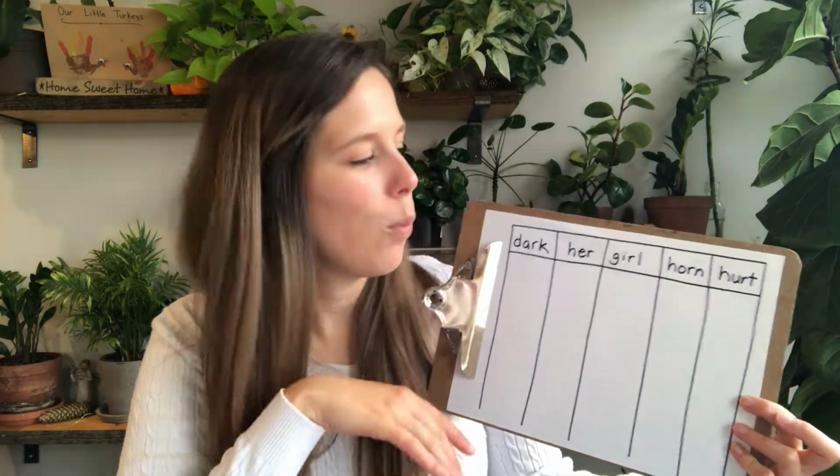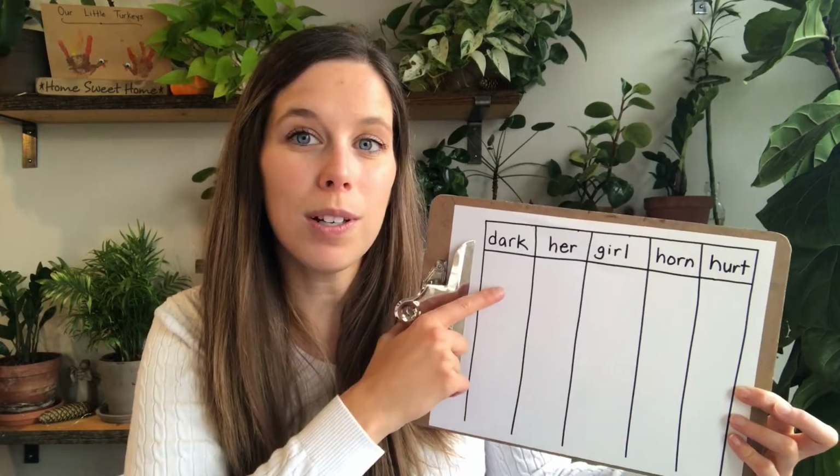4 out of the 5 words have 4 letters and 1 word only has 3 letters. And I'll say, oh, good observation. There's nothing incorrect here when they notice something. But I'm hoping that through the repetition of this activity, we do it every Wednesday, I want them to recognize that each word always has a different vowel.